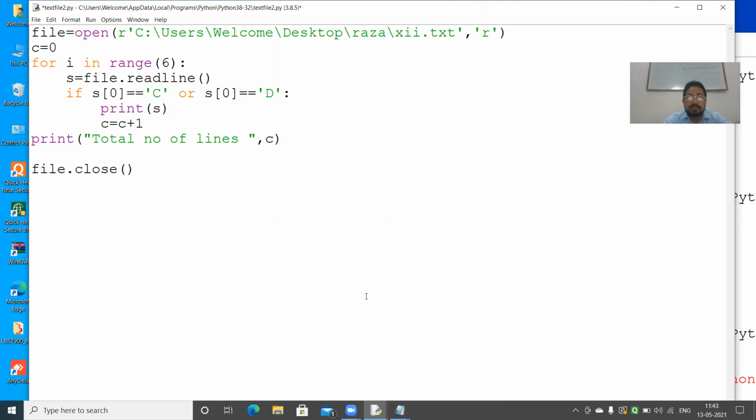The next point I will take is read lines. Hopefully the point is clear.